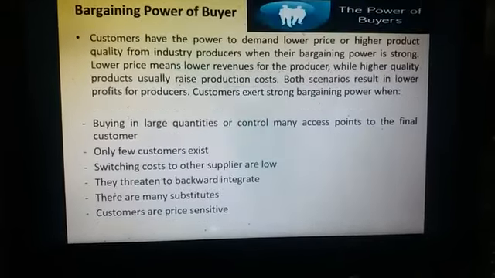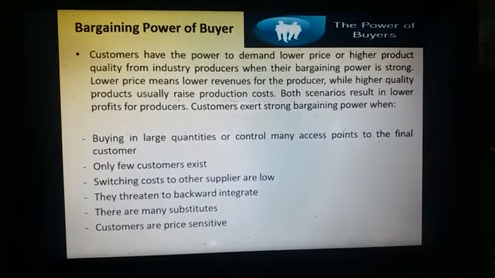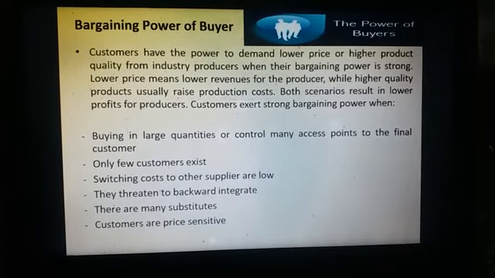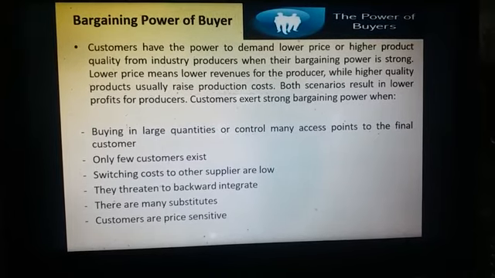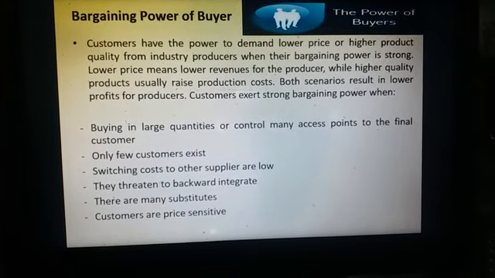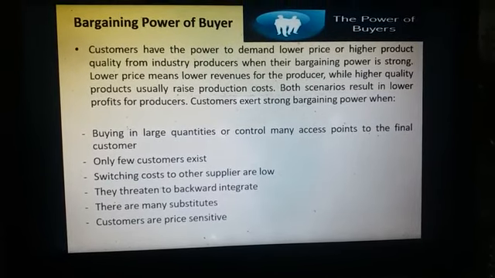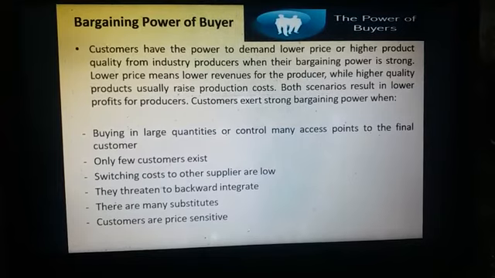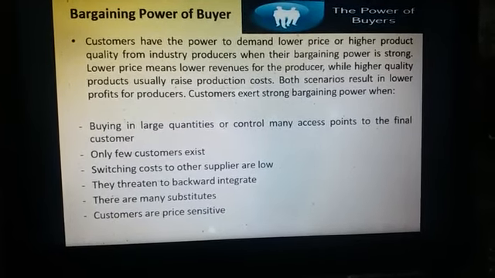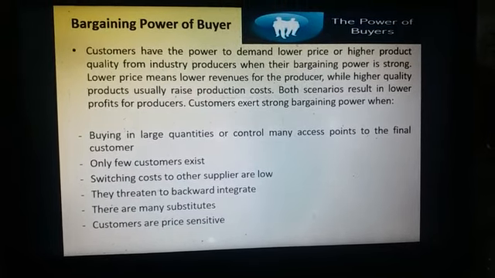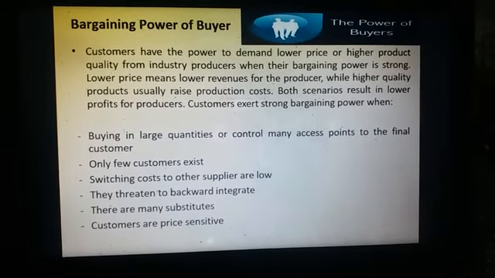Moving forward, bargaining power of the buyer. Now think about across the table. Buyer, that means you and I. You are the customer, I am the customer. Anybody can be a customer, anybody can be a consumer. So, bargaining power of buyers has an important effect on the manufacturing industry. When there are many producers, think about the situation, and there's a single customer in the market, then that situation is called a monopsony. In these markets, the position of the buyer is very strong and he sets the price.